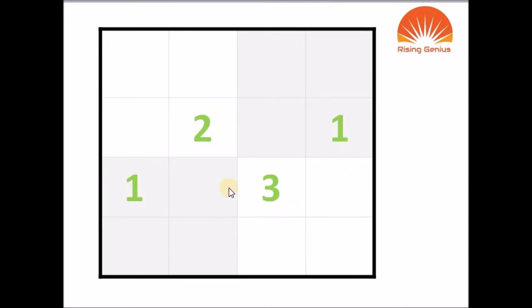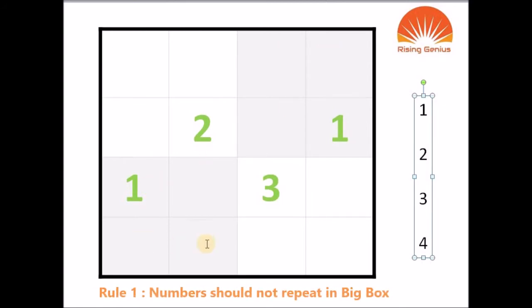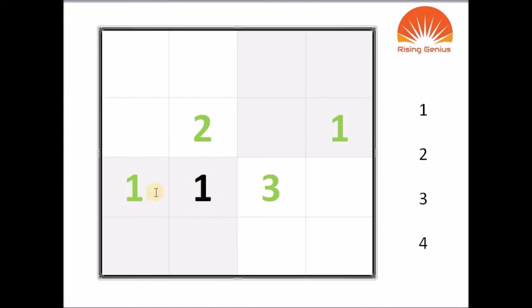Now, you need numbers from 1, 2, 3 and 4. We are only playing with 4 numbers today. So, let me write it down for you. 1, 2, 3 and 4. So, these 4 numbers have to be filled up in this Sudoku puzzle. And how will you fill it up? In such a way that all these 4 numbers 1, 2, 3, 4 should fit into one box. They should not repeat in that box. Numbers 1, 2, 3 and 4, you should place it in this box. So, if you are putting a 1 here, you cannot put a 1 here because 1 cannot repeat in the same big square, big box.